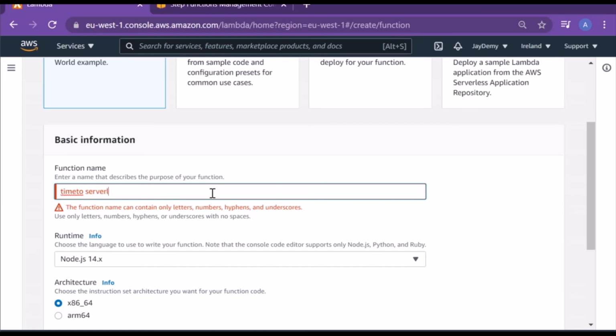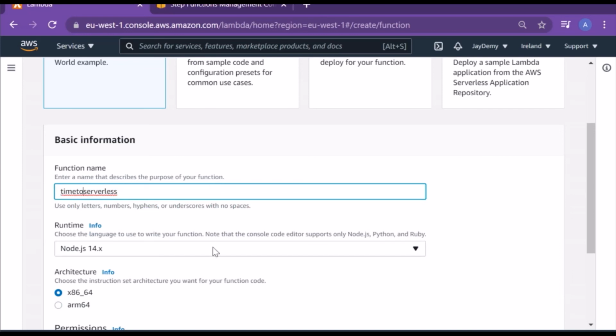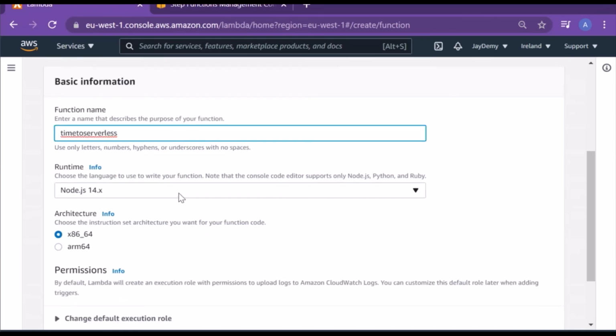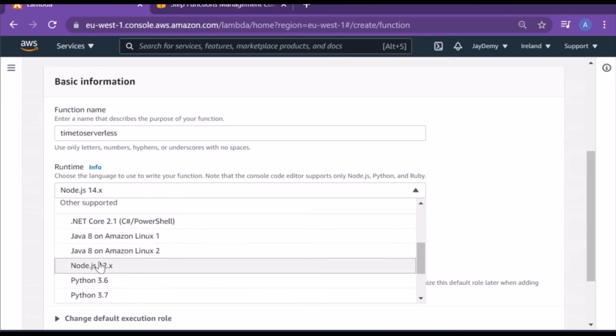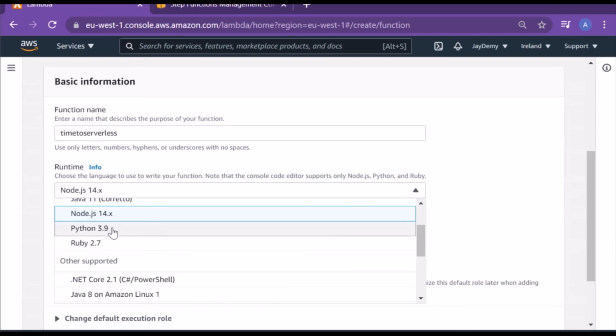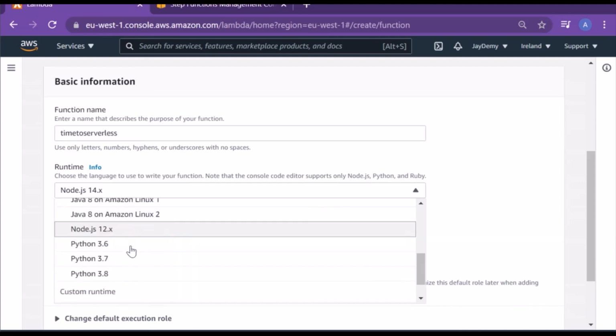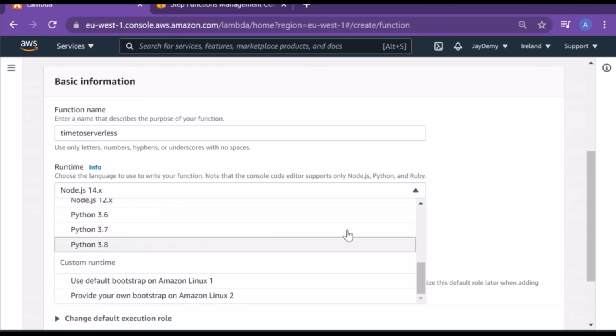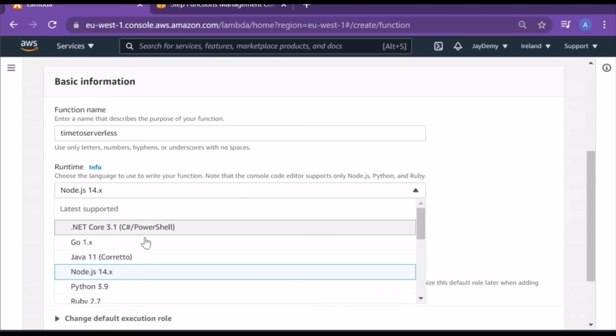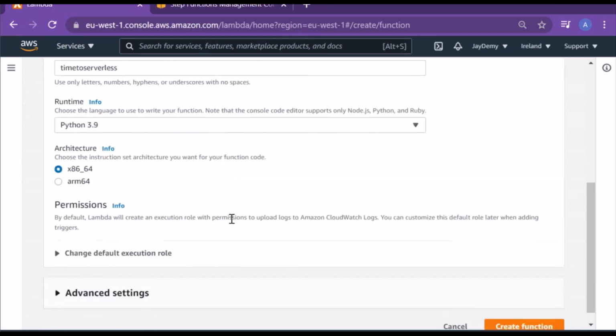I will give, okay, I just used a space, so you have to use no spaces, right? Yeah, like here, runtime: choose the language to write your own code in, either .NET, Go, Java, Node, or Python. Even Python, only 3 plus versions are supported, there is no Python 2. Python 2 is not there. So make sure you are using what fits your requirements, right?